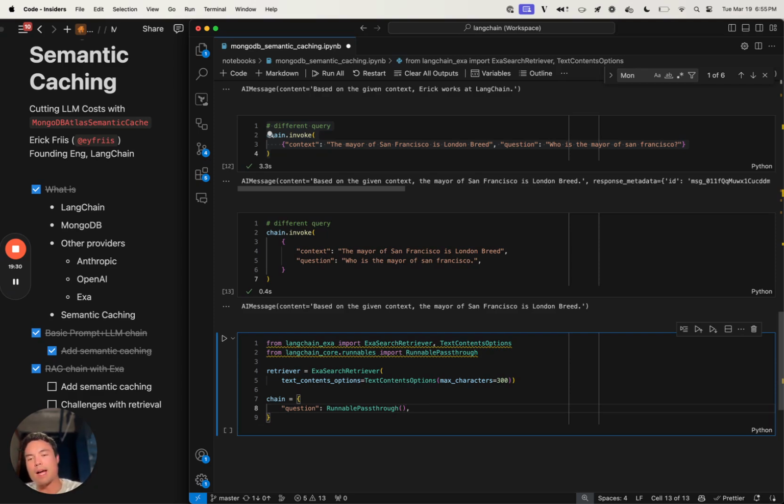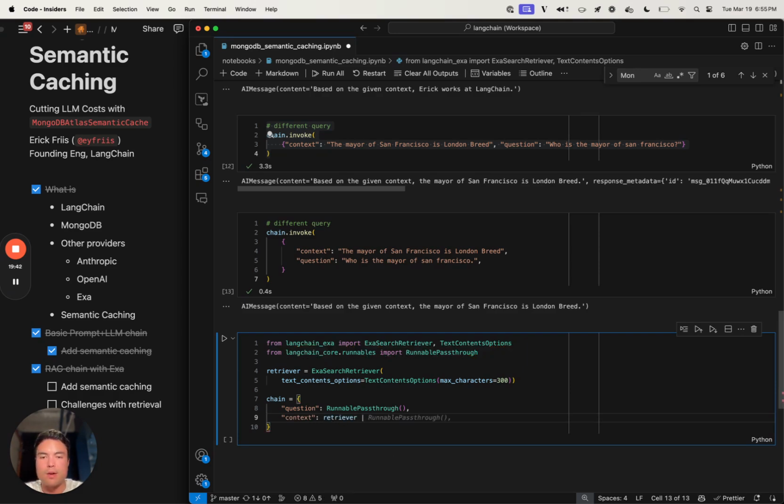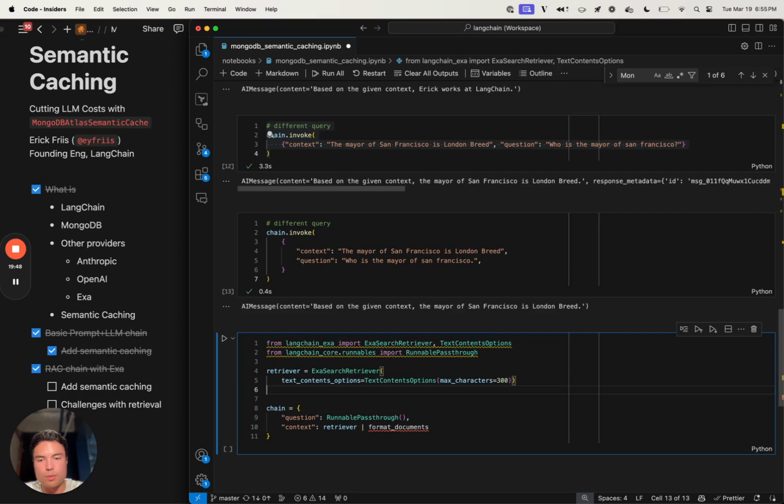That's just going to pass through the exact string that we invoke our chain with as the question. And then for context, we're going to pass that string into our retriever, and then we can pass that into a format documents function, which we'll define up here,